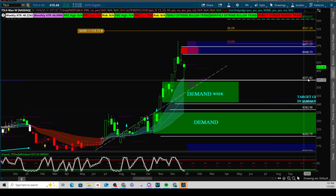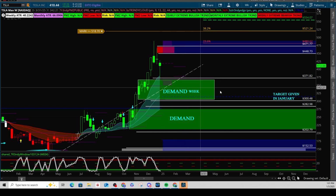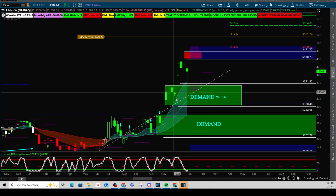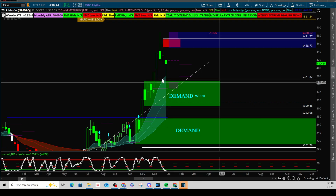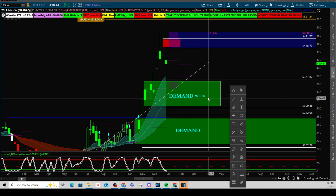Now, let's do a couple of things together. This is your blueprint going forward, guys. Right here we came into a demand zone. Use this demand zone; it will work over and over and over. There is a possibility that if we pull back again we could dig deeper in this zone, and that's okay. The way we're going to find targets within the zone is this: